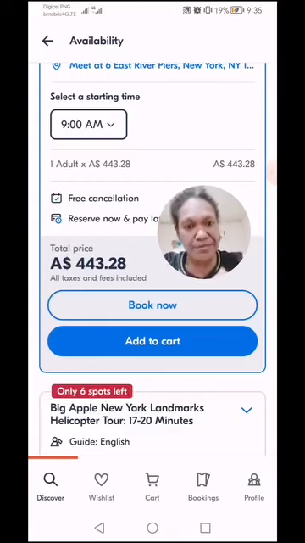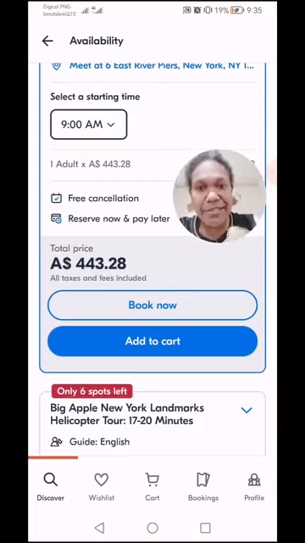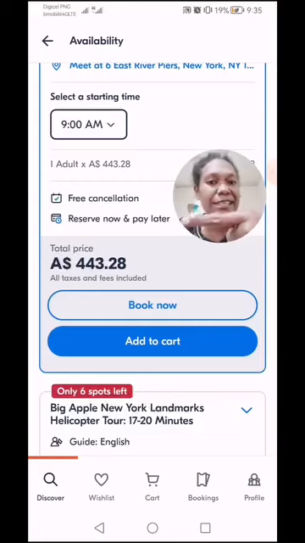Remember, your Visa debit card must have money in it. As you can see here, they have a free cancellation policy, and they also have reserve now and pay later. So you don't need to pay now, you can pay later. You reserve it now, but you can pay later, and you can cancel for free. So this is good. You don't need to pay on the spot, but you can, so you know how much the activity is going to cost,